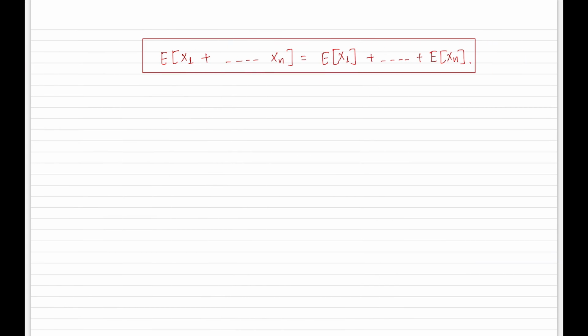Okay, so we proved the linearity property for the case of the sum of two random variables, but we can proceed in a similar way, or maybe we can use induction, and can easily establish by following the same kind of argument that we have the linearity property when we have a finite number of random variables. The expected value of a sum